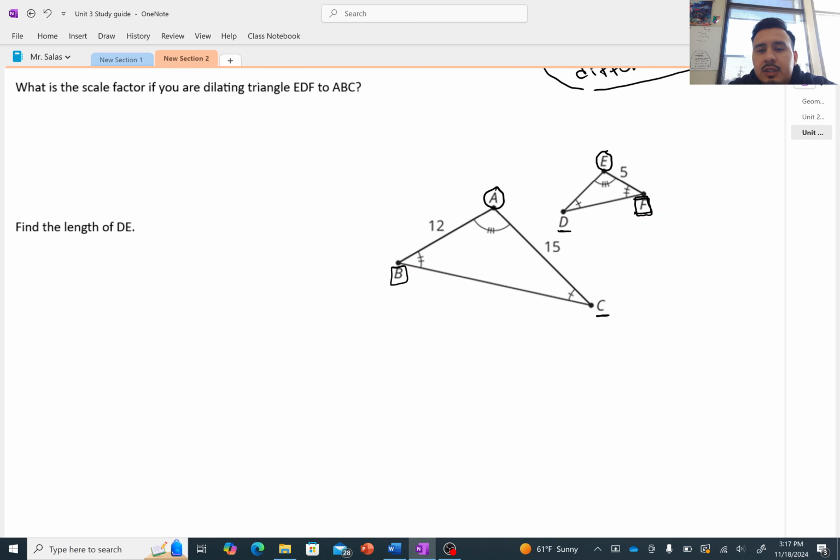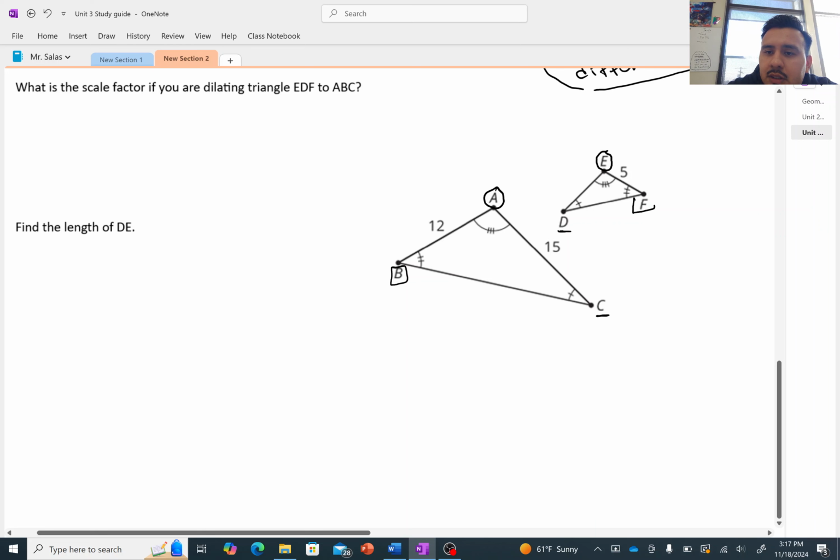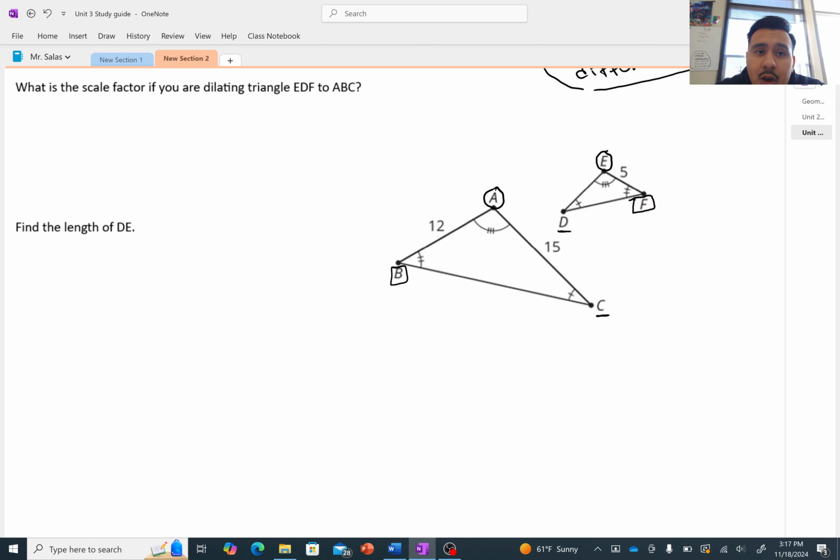Okay, so let me fix this real quick just because this doesn't look that clear. There we go, that's F. Now, if I want to go ahead and find my scale factor from EDF to ABC,